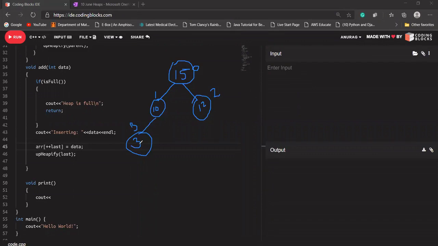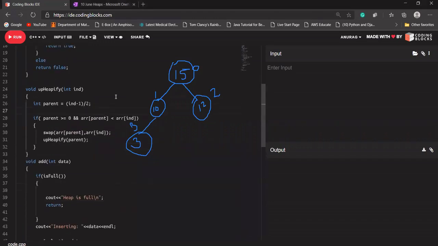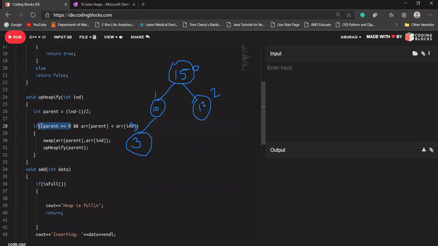Hemant is saying if parent is greater than 0, then the up function will work. Yes, it will work, because we are saying if parent is greater than or equal to 0.